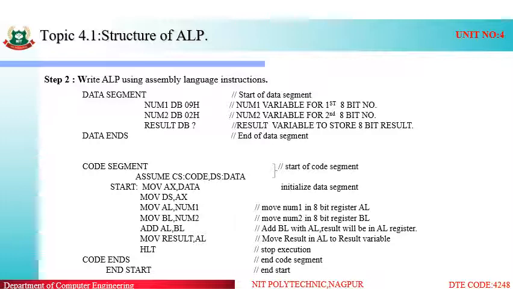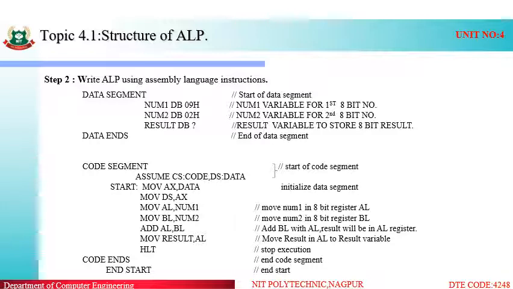Now coming to the logic, we have defined our numbers inside of the data segment, that is the numbers are num1 and num2. Now we have to first move the numbers into registers, because the 8-bit numbers are present in variables. So whenever we have to perform any assembly language program, we have to first move these variables into our general purpose registers. Without moving that data into general purpose registers, we can't perform any operation in 8086.